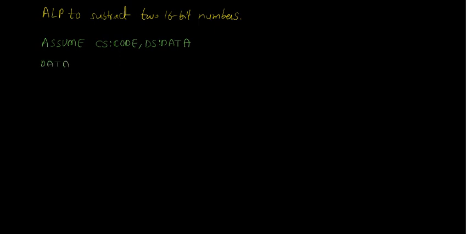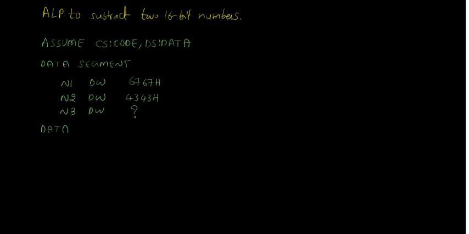So first we need to write the data segment as per our program. As per our program we need number 1, number 2 and number 3 to store the result, and all these are words. Define word, define word. Let us consider number 1 as 6767H, 4343H as number 2, and number 3 we need to store the result after the subtraction. As of now we are initializing this entry with a question mark.